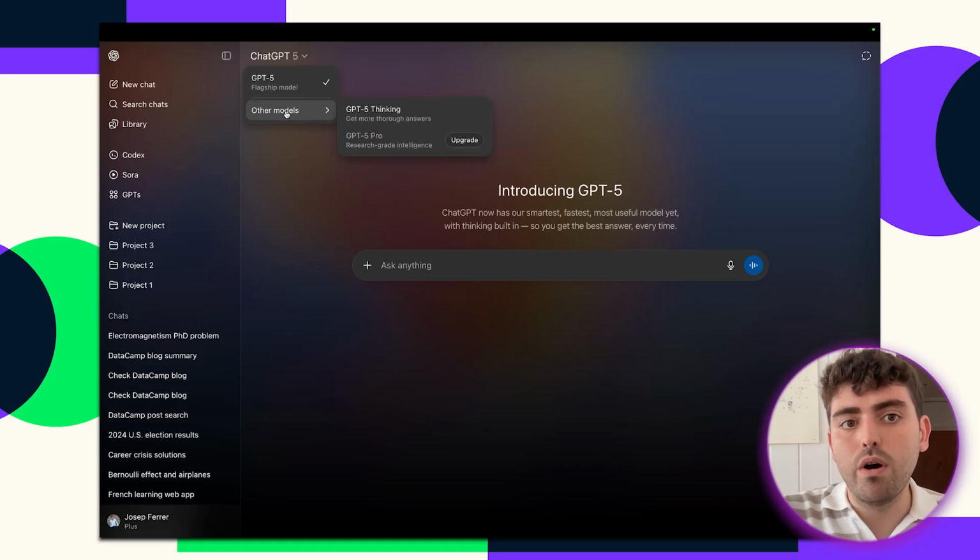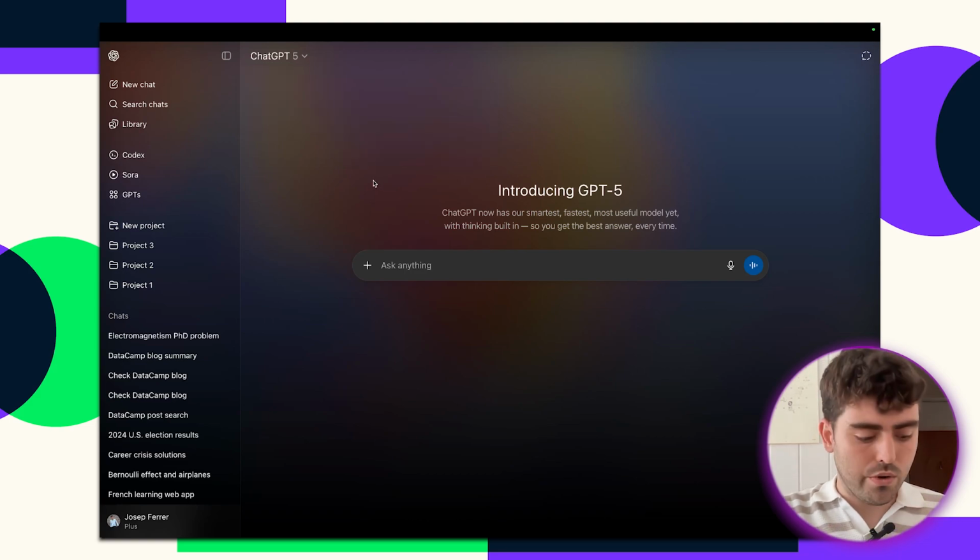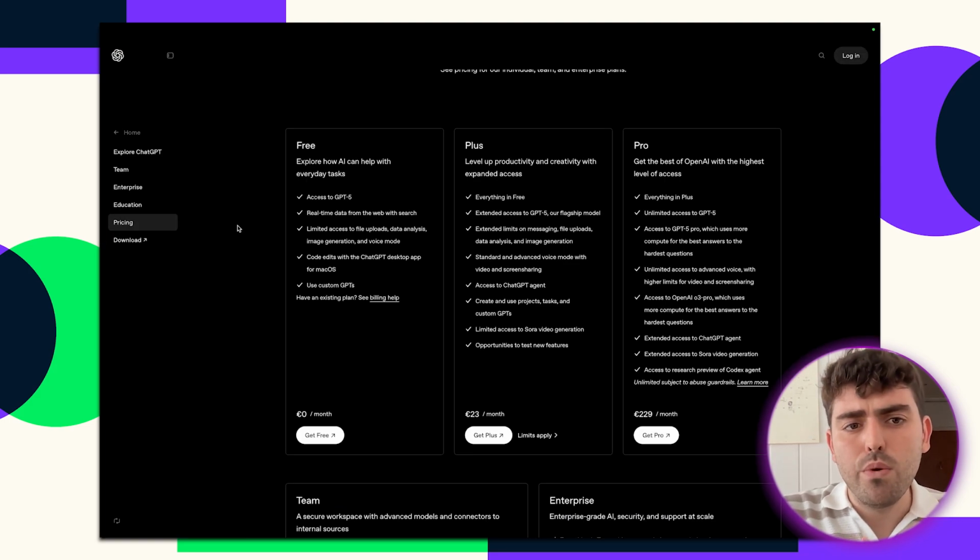We will see that if we go to other models, there's GPT-5 Thinking and GPT-5 Pro. We will explain a little bit more about GPT-5 and GPT-5 Thinking, but now let's go to the pricing, because if you see, GPT-5 Pro asked me to upgrade. So if I check the pricing now,